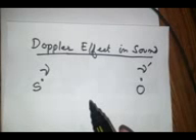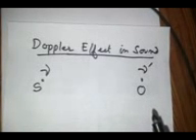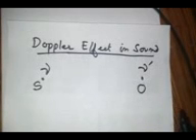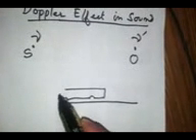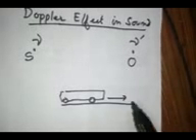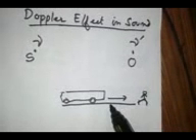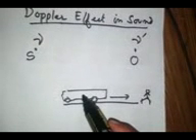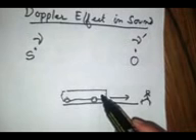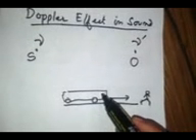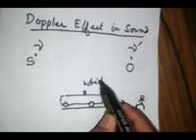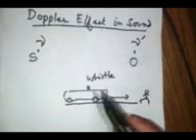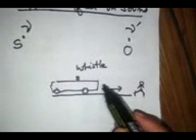It's something like you are listening to the whistle produced by an approaching train. Suppose here is a rail track, and this is the train or a bus, something like this, and this is approaching towards you. You are standing here. What you find is that in the beginning, the whistle produced by the train, when you observe it,